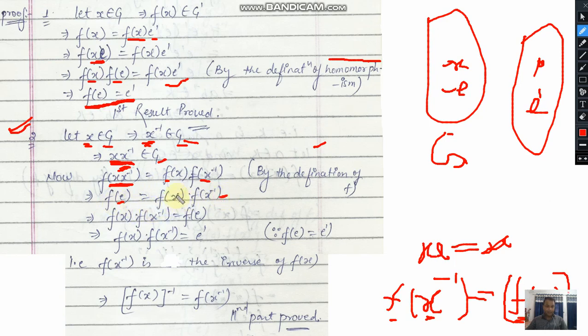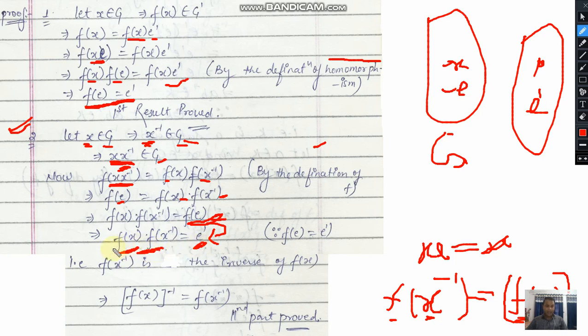Now we can write this statement in reversed order. It means you can write the left hand side on the right and the right hand side on the left. There is no change up to here. Now there is no change in the left hand side. And by using the previous theorem, we know that the mapping of the identity of group G will always be mapped on the identity of G', so this will be equivalent to e'. So here we can say that the product of two elements is equal to identity.